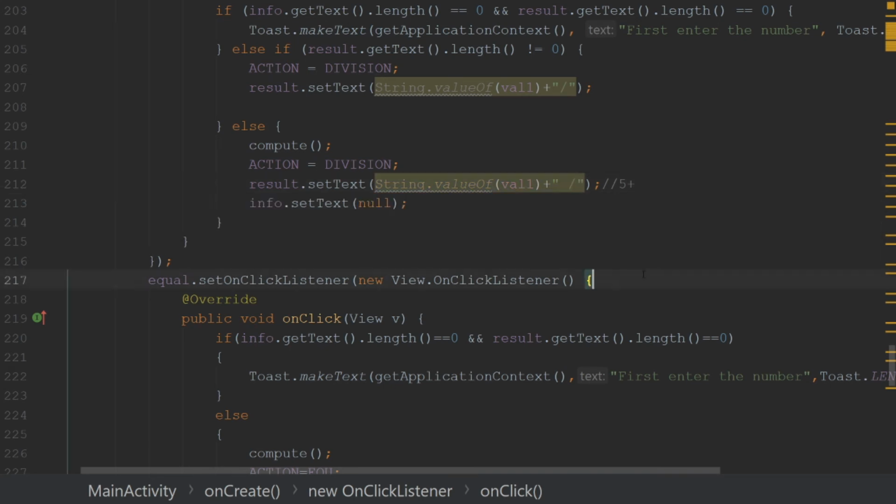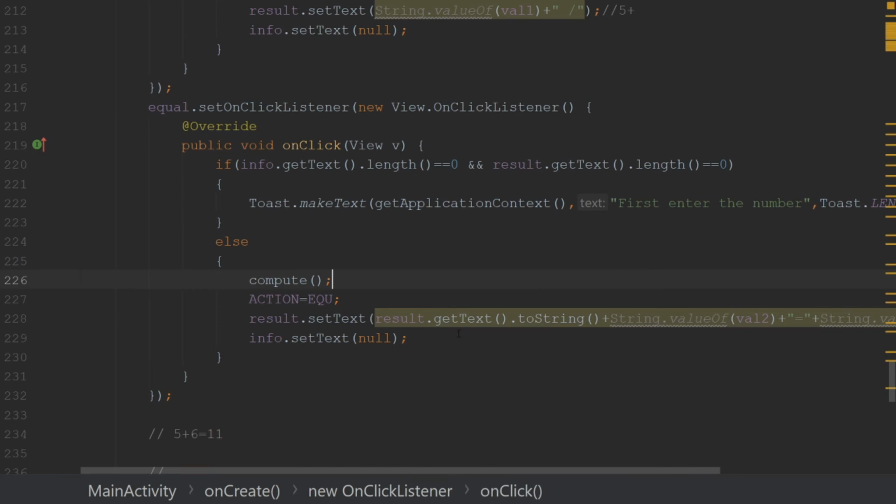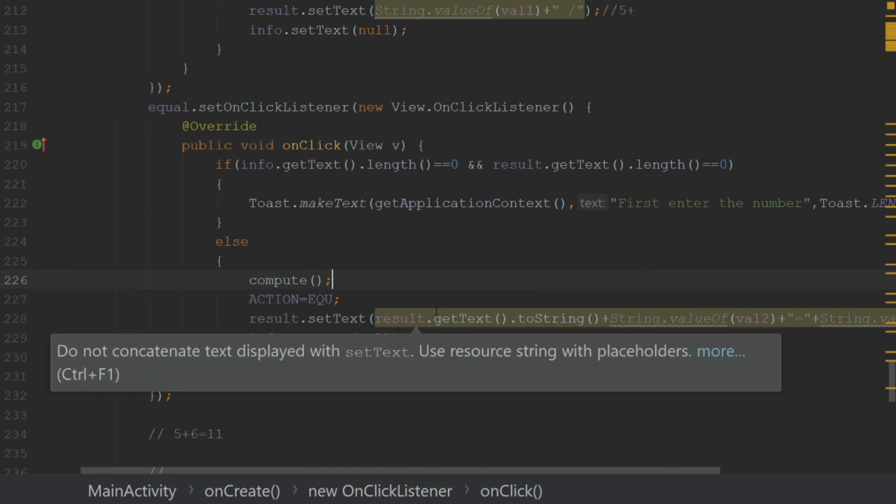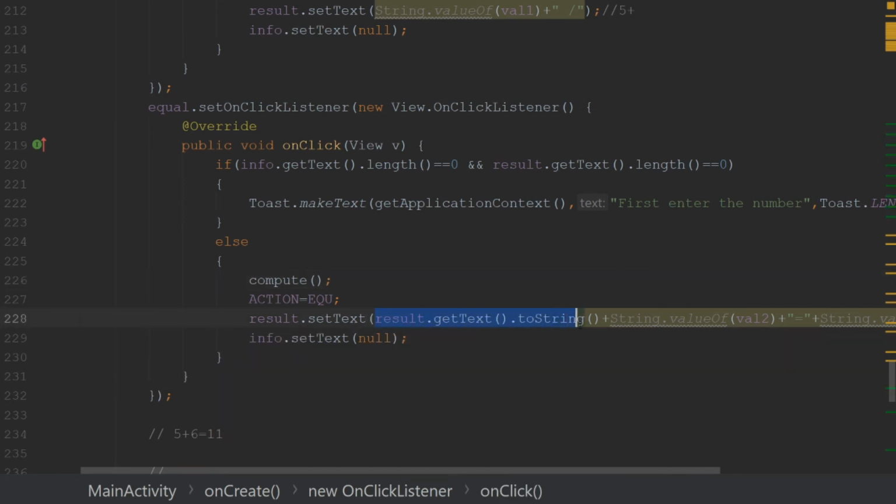So here we use the plus symbol. This is our first statement, so it will show 5 plus. And this is our second statement, string dot value of value 2. Value 2 here is 6. 5 plus 6.